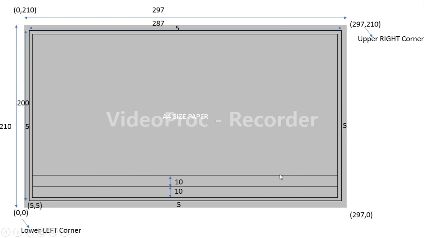Now I need some more blocks to write the date, ID number and so on. So from here at a distance of 70, draw one line. From here at a distance of 70, draw one line. Again from this line at a distance of 70 towards left, draw one more line. So now you got how many boxes? 1 box, 2, 3, 4, 5, 6. Total you got 6 blocks where you can write the information. If you want to mention some other information also, you can mention it here by creating one more block.